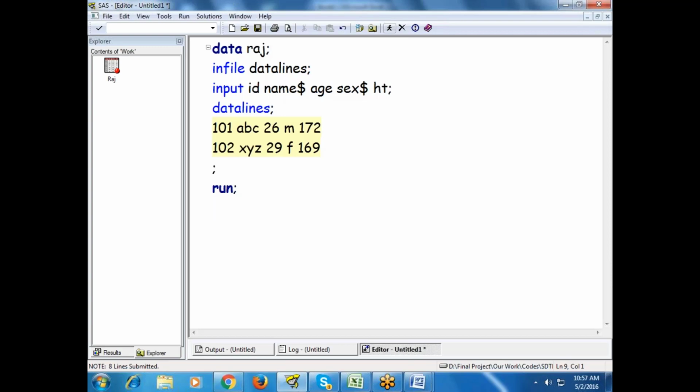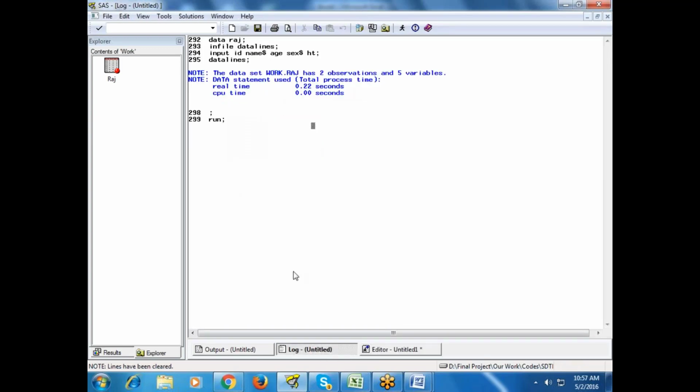Once I submitted my program, I have to check whether I wrote a correct program, yes or no. So immediately you have to go and see your log window. Are you finding any text in red color here? 100% you can confidently say my program is correct, because you are not finding anything in red color.